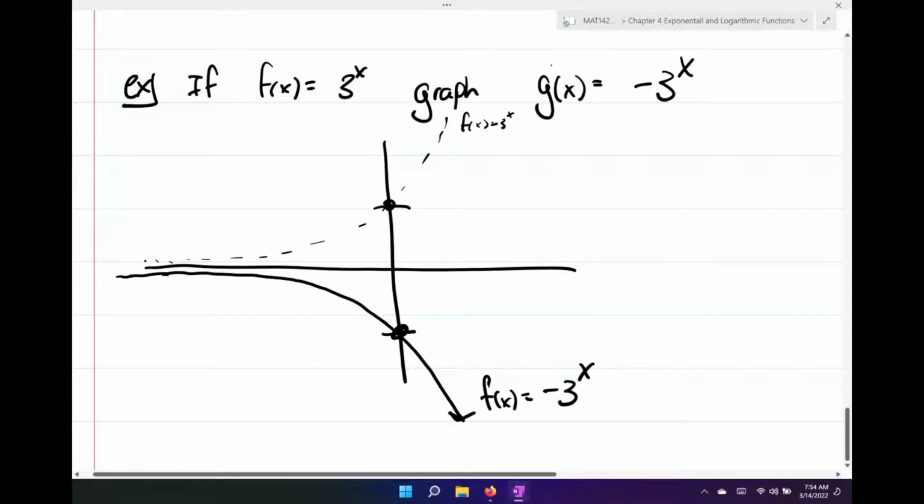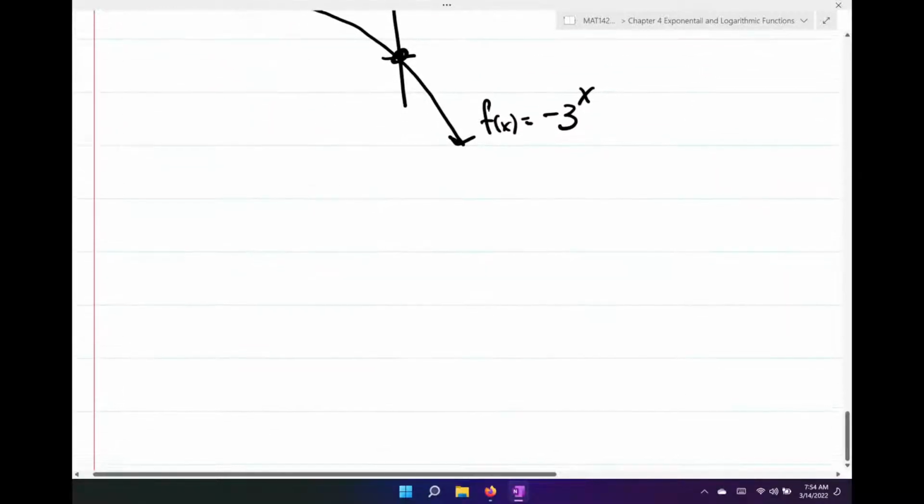To be honest with you, the best thing to probably do is just go ahead and use your calculator or Desmos. I know I said don't use a calculator, but go ahead and use it. It just helps. So the last thing that we're going to be talking about in this introductory section